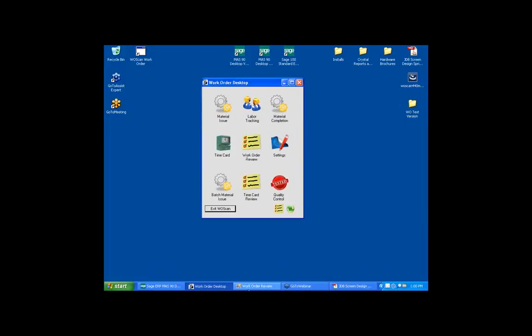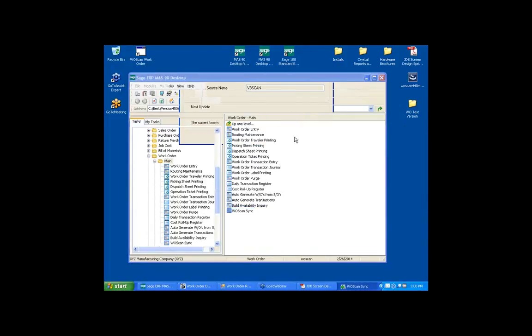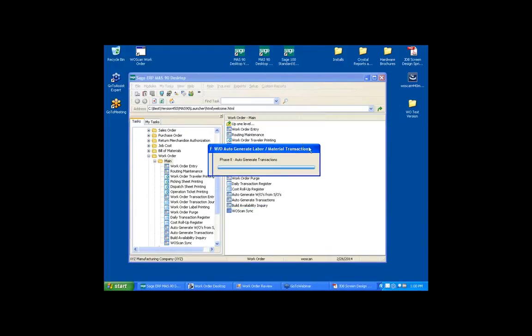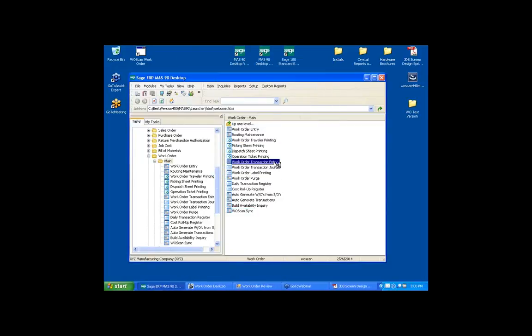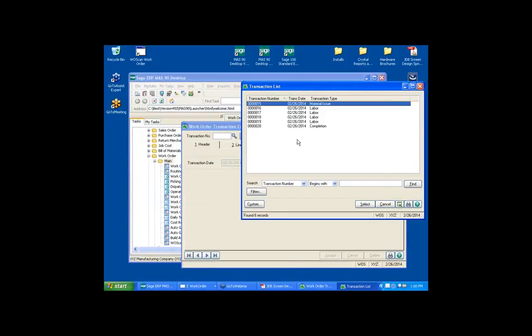It leaves, MAS will go ahead and grab it. We have a sync process that runs either manually or automatic, that's totally up to you. It brings it in. We go to work order transaction entry, I do a lookup, there's my batch. We could create the batch, we could post the batch, there's our issues, there's our labor, there's